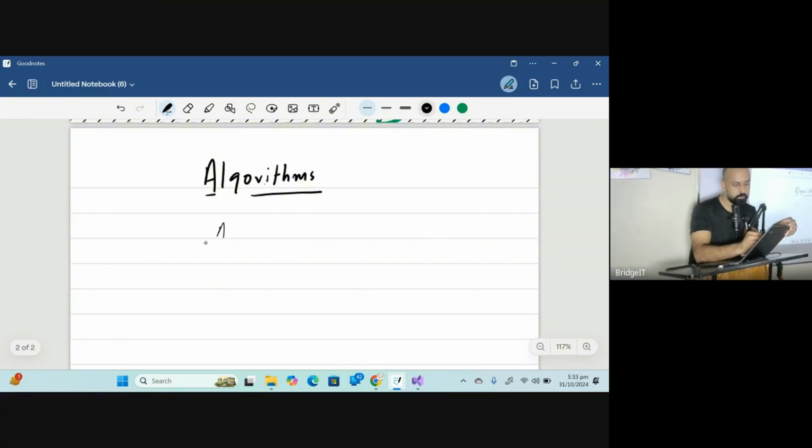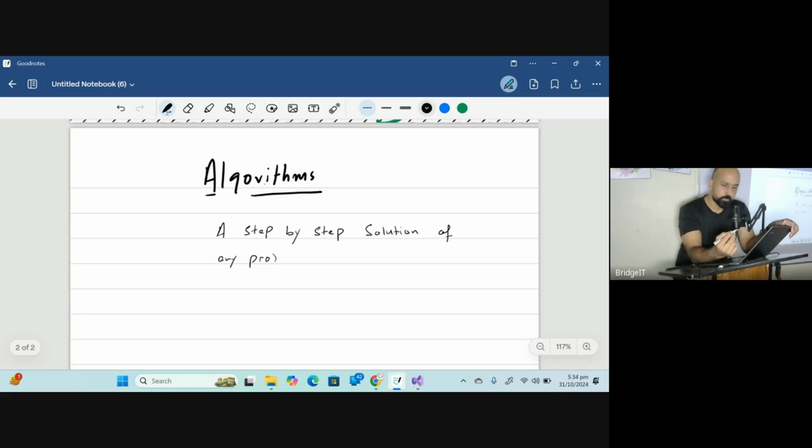Algorithms: a step-by-step solution of any problem. But that problem may not be a computer science or programming problem. That problem can be of any kind, yet we can write down the algorithm for it. If you write down any solution to any problem with a step-by-step approach, we call it an algorithm.